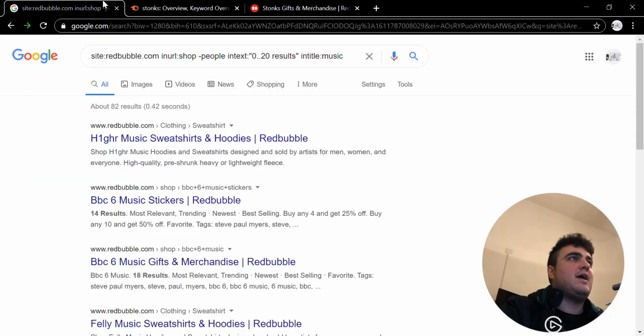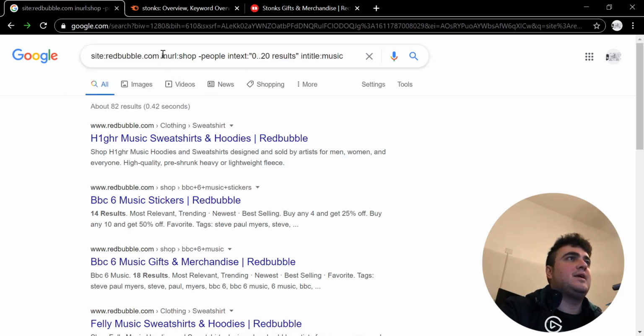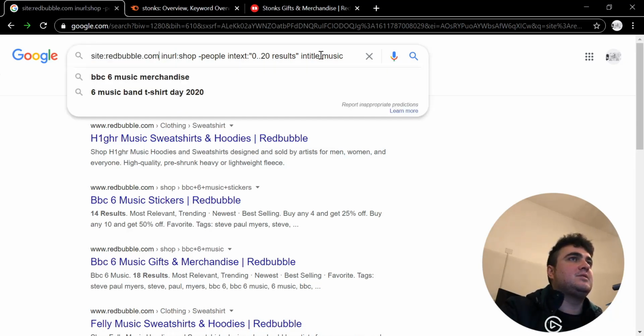So let's talk about evergreen instead. Evergreen topics are kind of the universal topics of the world. So you all should know my search operator method by now, but if you don't, I'll just give you a quick overview. You just basically type in this bit of, I'm not going to call it code. It's not code. It's a search operator.